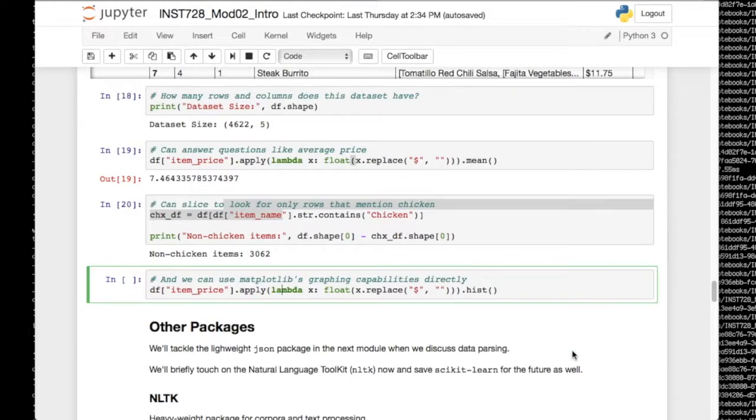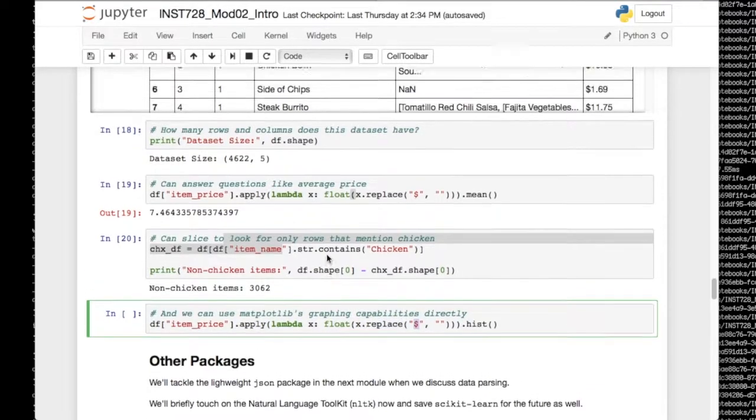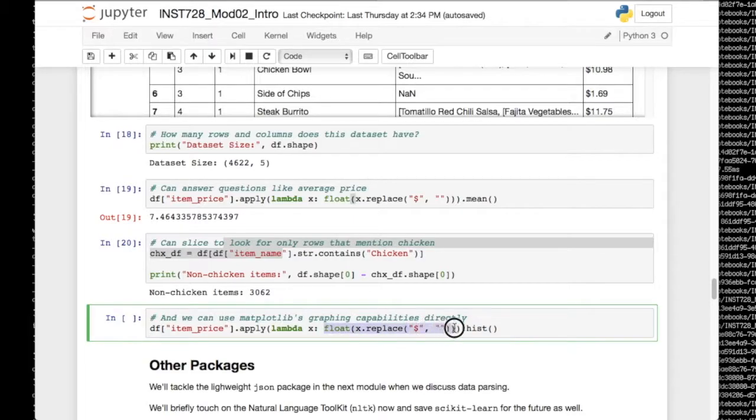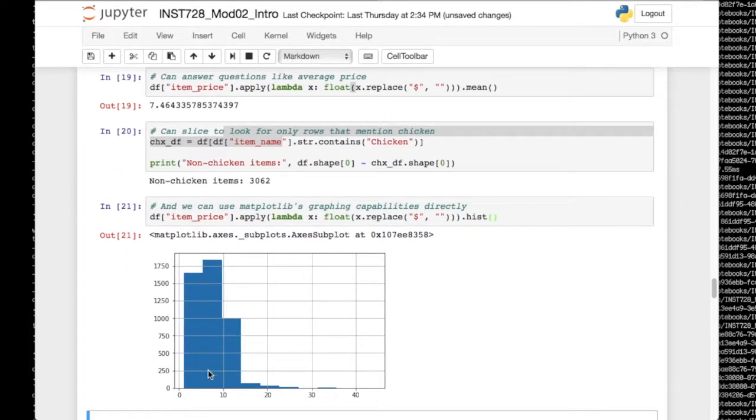And we can do the same kind of thing with histograms and data frames that we did with Matplotlib. In fact, pandas and data frames work on top of Matplotlib and can provide visualizations for us. So we can say, as we did before when we removed the $ from our prices and converted them to floats, well, once we have that data, rather than calling the mean function that we did above, we can call the histogram function and get a histogram for the different costs of items on